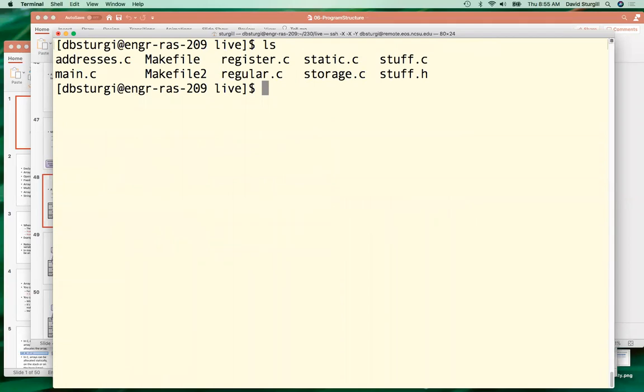And so here you can see we've got the Makefile and we've got our source file main.c and our two other source files, stuff.c and stuff.h. I probably should have said this when I was talking about the Makefile, but the way you run make is